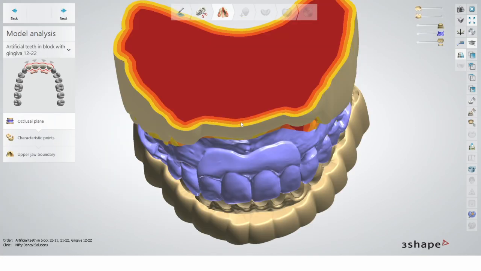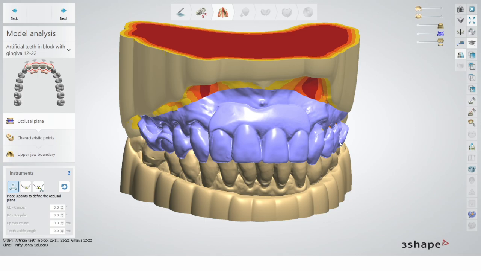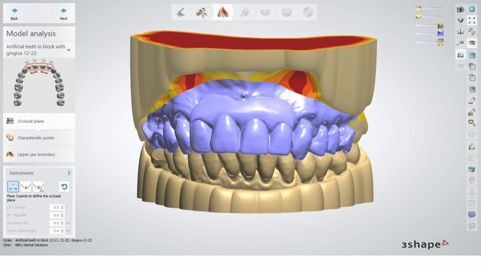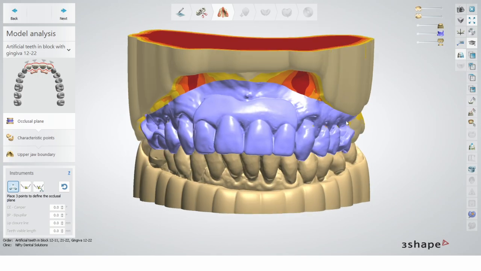Now we're gonna have to select the occlusal plane through the wax rim, and now you can see this wax rim is actually not a wax rim, it's the old denture scan overlaid on the upper scan. And when I get a chance, I always ask the dentist to provide me this kind of information because as a dental technician, it's gonna be a piece of cake to restore this job, especially because there was nothing wrong with this work.